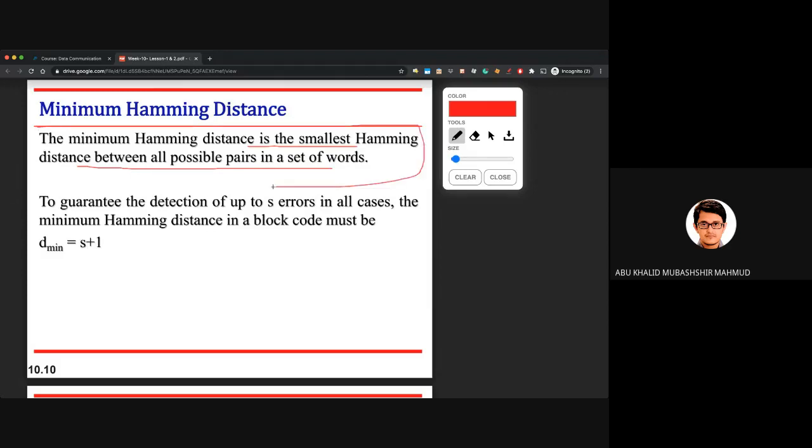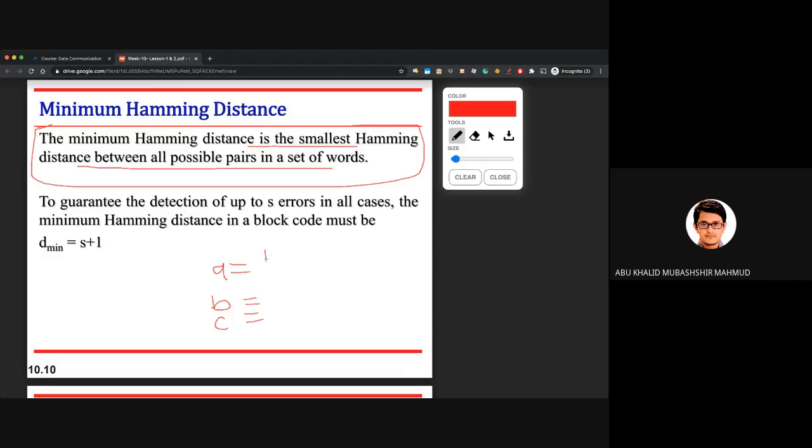What we will be given in our exam is more than two words in a group, and we have to check each pair for the Hamming distance, and the least value of the Hamming distance is the minimum Hamming distance. Say for example, I will give you A, B, C,